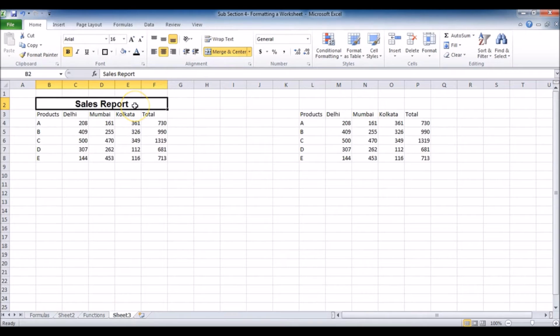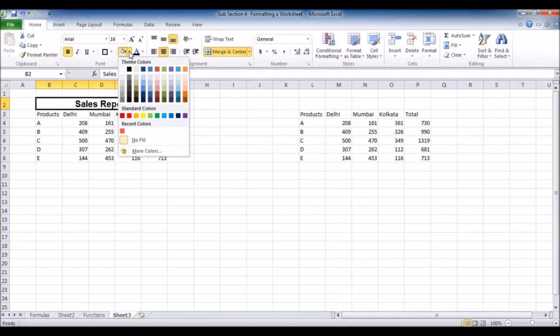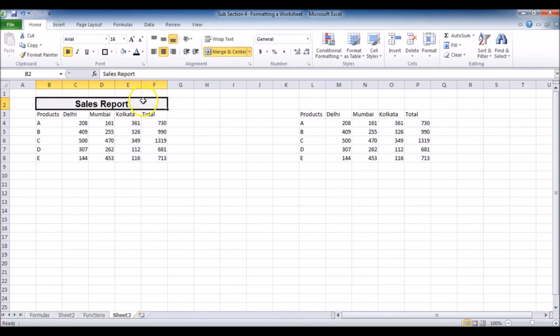And for the cell, you can see we can change the color also. We can give a color, but it's a professional advice that I can give you. Do not assign very highlighted or very bright colors. If you want to use a color, always use a very light color, or do not use a color. Always try to avoid it. For example, I can go with this very light color,